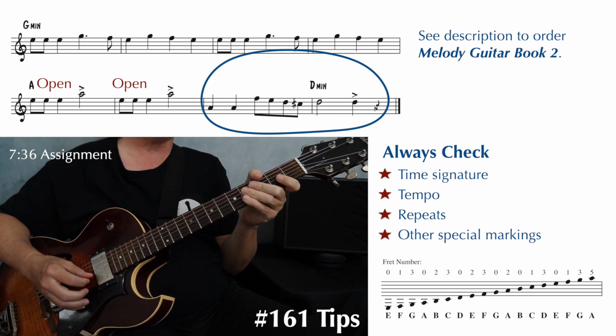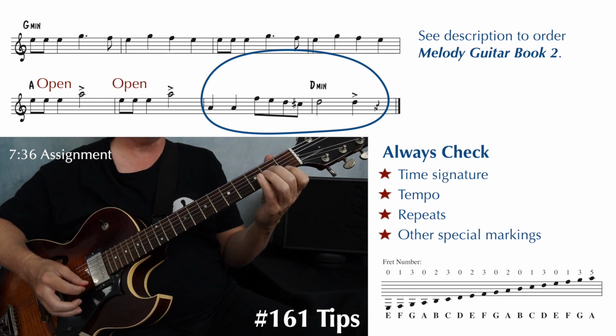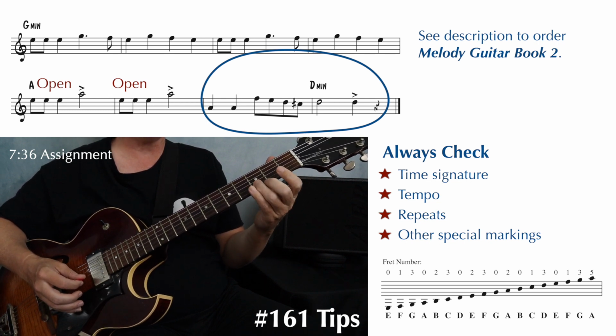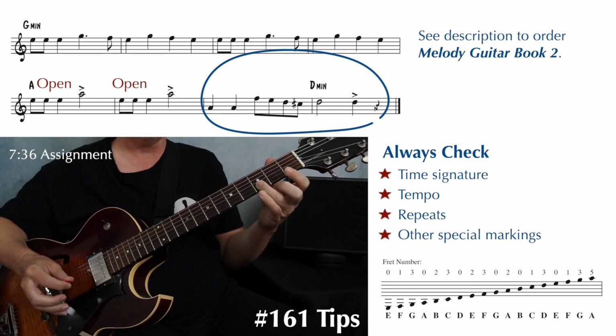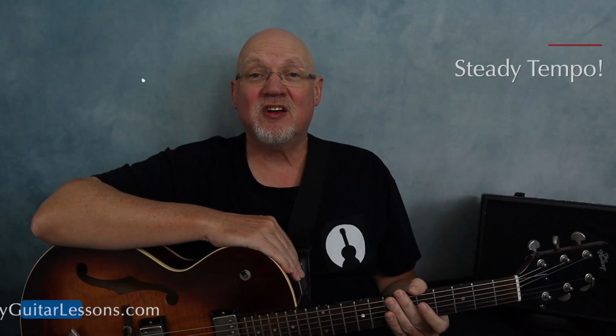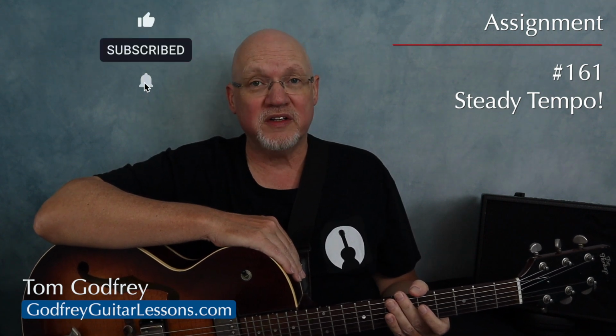So we do have a C sharp second measure from the end. A, F, E, D, C sharp on the second fret, and then D, rest. Your assignment is to practice Hava Nagila on page 86, and as always, work on keeping a steady tempo